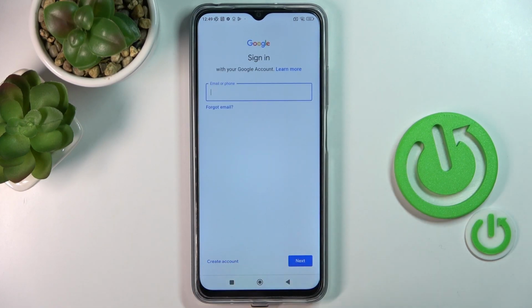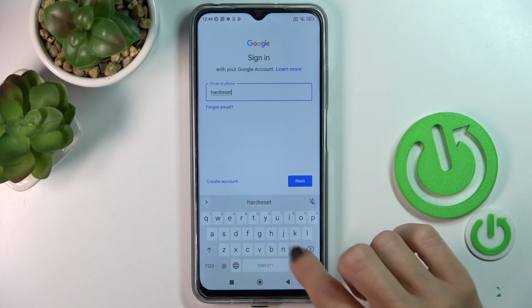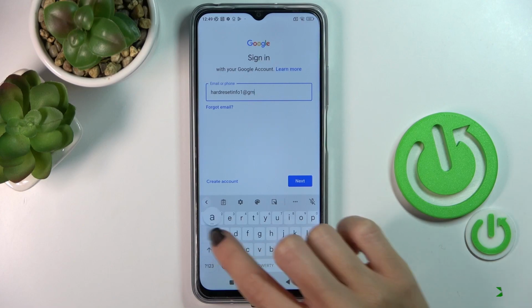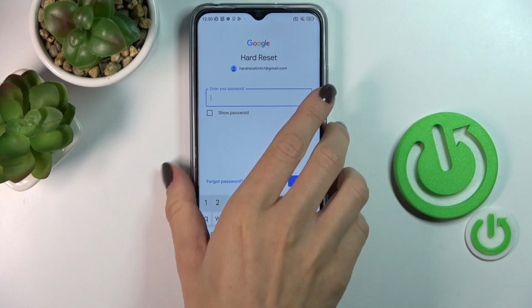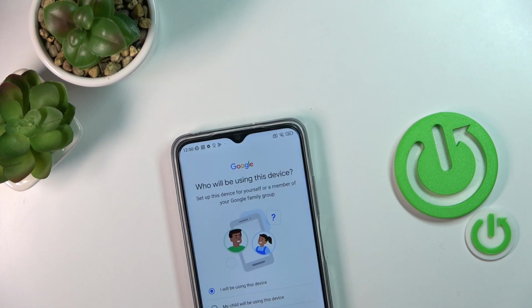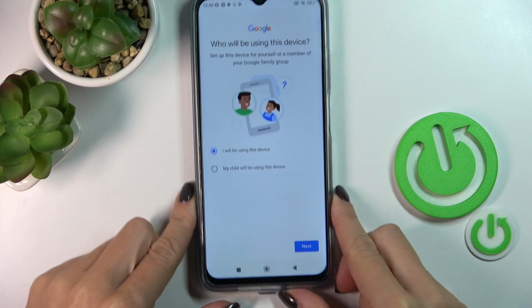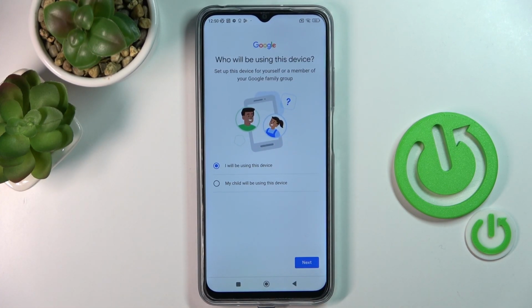and then enter your email address or phone number. And tap on next then. Now it's time to enter the password, so let me do it off the screen. And as only the password is entered, just tap on next, and then you'll be redirected to this panel where